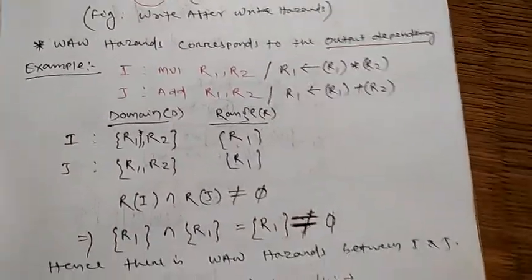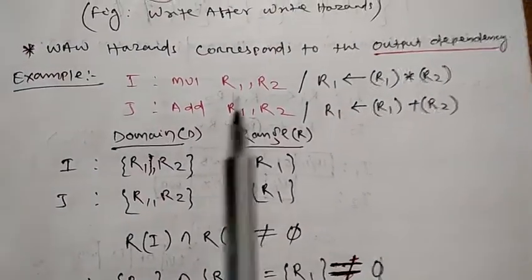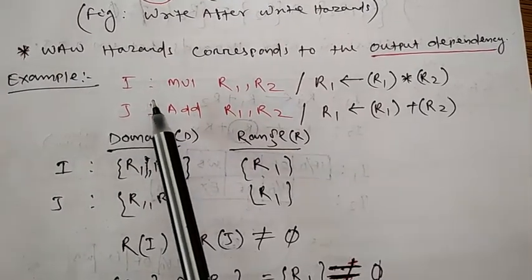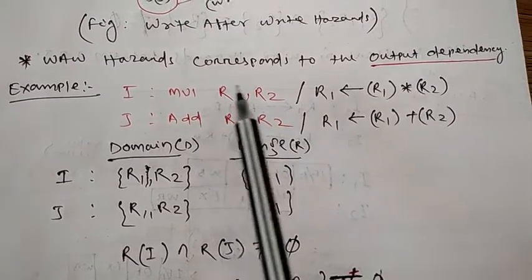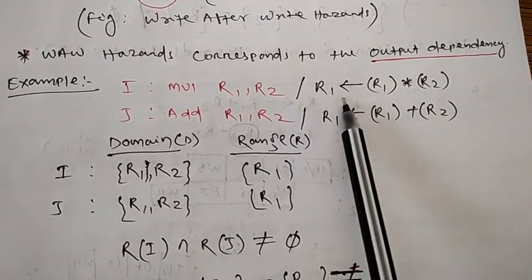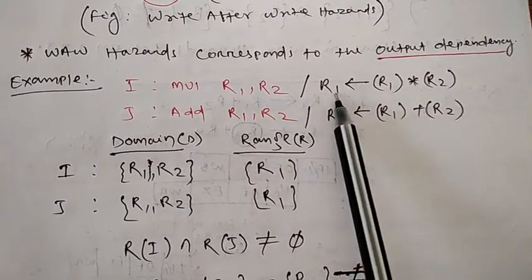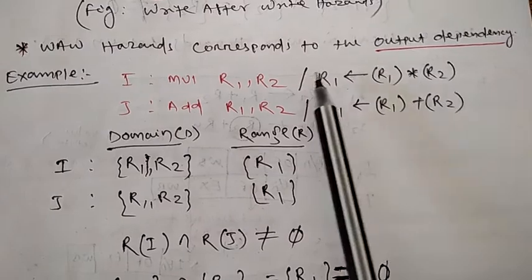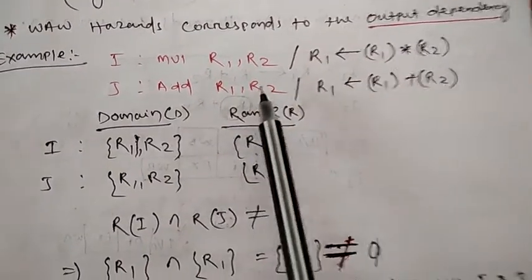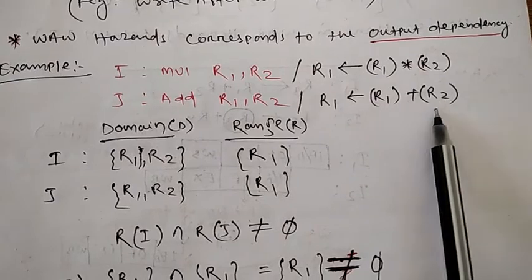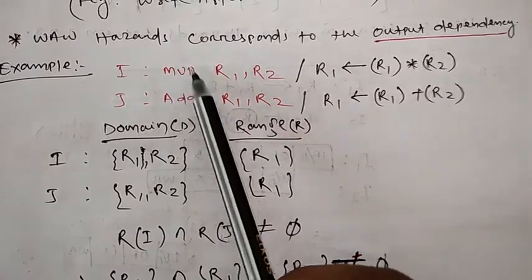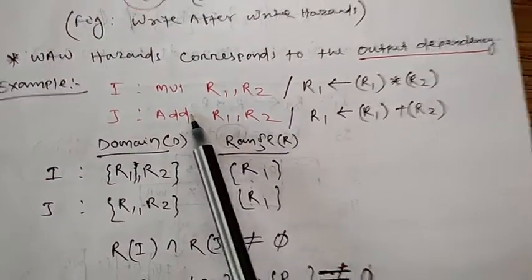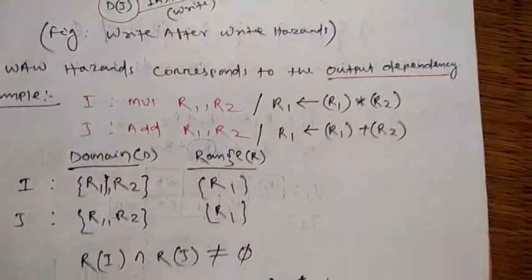Output dependency. Okay, so you can easily understand if I explain through an example. Assume that there are two instructions, one is the I instruction, another one is the j instruction. In I, it is performing the multiplication operation, r1 into r2, and storing the result in r1. Similarly, the second instruction is doing what? r1 plus r2, stored in r1. So if it follows the sequence, meaning I is executed first, then j is executed second, then no problem will be there. Okay, assume that.